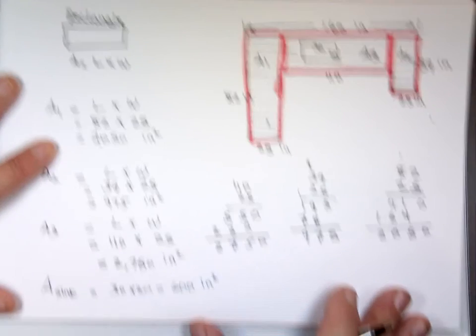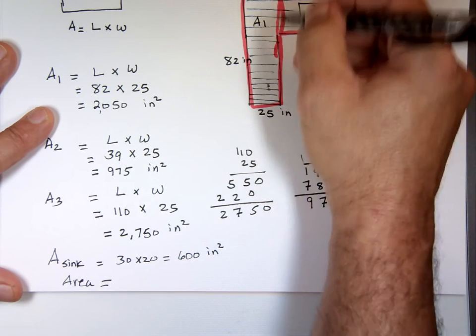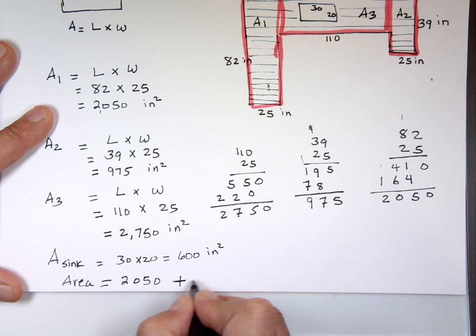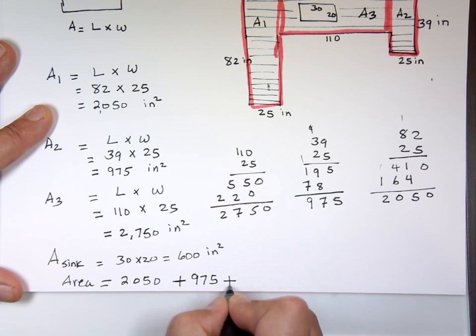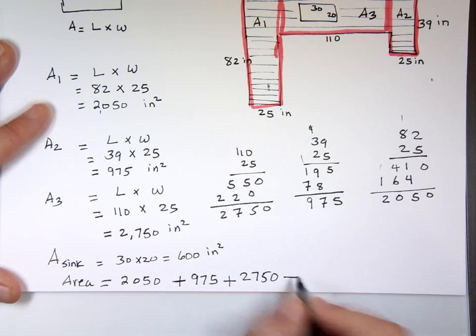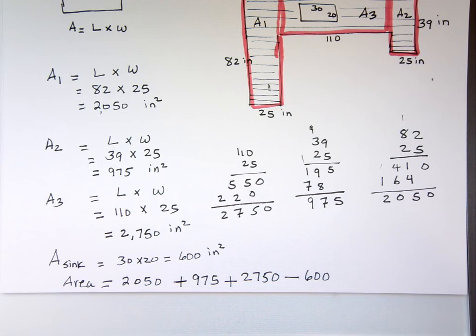So what is the area of the counter now? It's going to be this piece, and how big is that piece? That's 2050. Add to it that piece, 975. Add to it this piece, 2750. Subtract from it, there's a hole there. Subtract from it the sink, which is 600. And that's how much counter space you have. So if you go to the side and add them, you'll end up with an answer equal to 5175